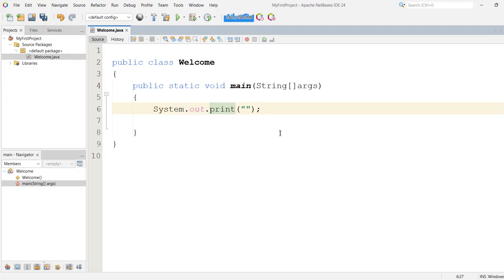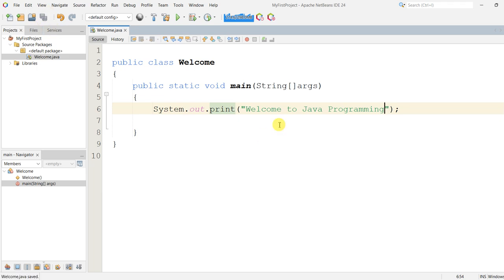So let's say we are going to display Welcome to Java Programming. Any text that you write in between these open and close quotation marks will be displayed on your screen, which you will see later on the output screen below.